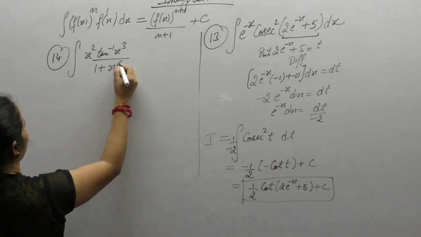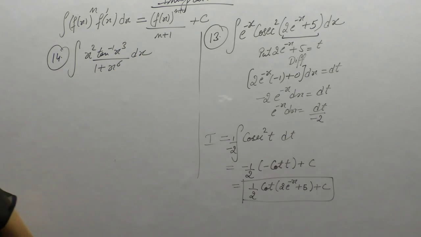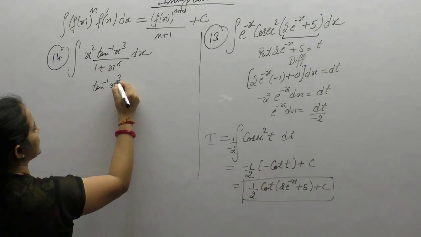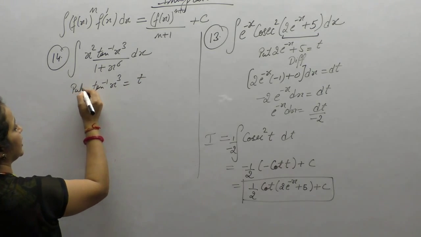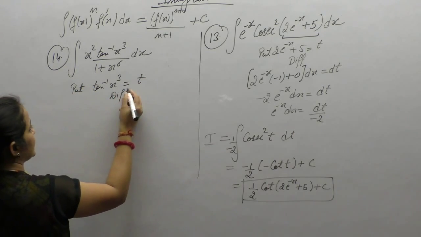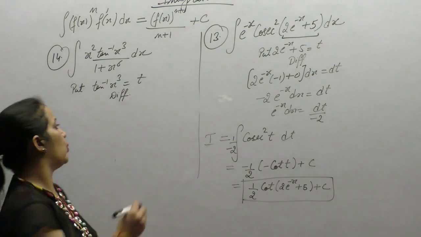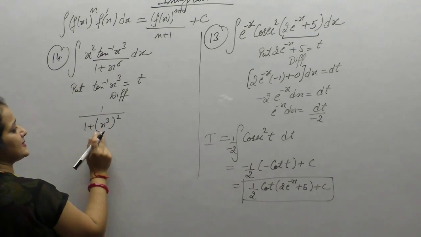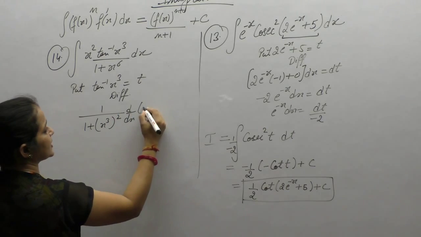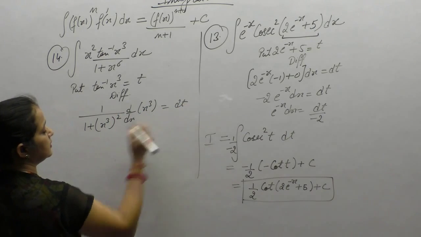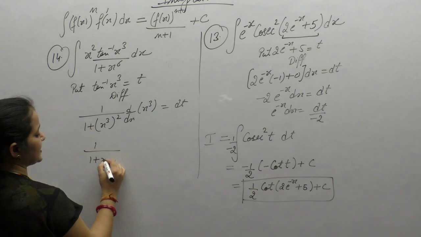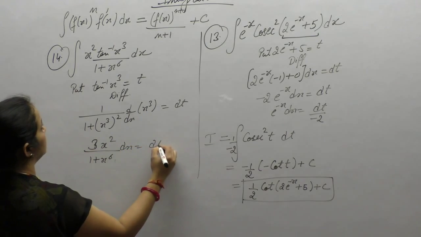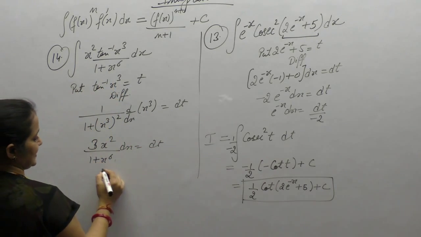upon 1 plus x⁶ dx. Now here we substitute tan inverse x cube as t because we have the derivative of this in the denominator. The derivative of tan inverse x is 1 upon 1 plus x squared, so for x cube it is 1 upon 1 plus x⁶ times the derivative of x cube, which is 3x square. So x square upon 1 plus x⁶